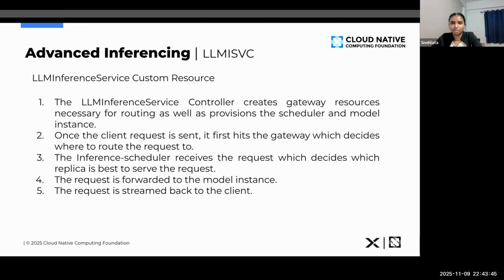The LLM service controller creates all the gateway resources that are necessary to route, as well as provision the scheduler and model instance. Once a client request hits the gateway, it decides where the request should be routed via the EPP pod. The inference scheduler, specifically the EPP pod, receives the request, which then decides which replica or model instance is the best to serve a given request. The status of which instance is the best is forwarded back to the gateway by the scheduler. Then the request is forwarded to the specific model instance via the gateway, and the request output is streamed back